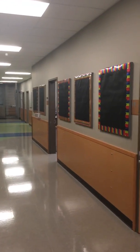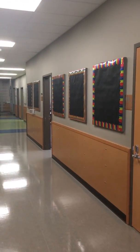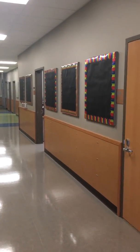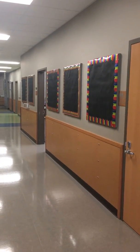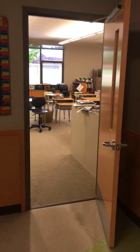Let me actually go to the front of the room so you can see what coming in this room would look like if I came in from the hallway. So we just came from that classroom over there. I try to have students always transition between the rooms by going through the hallway, and not by using the break space. So when we transition, we stop here and they wait for the next instruction. And then when they're released into the room,